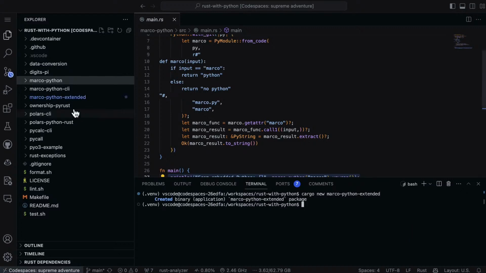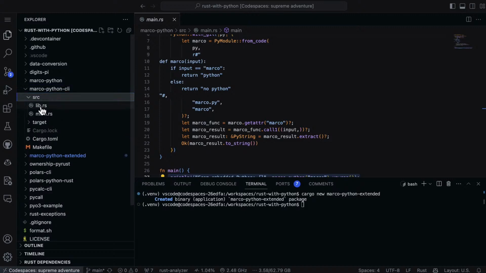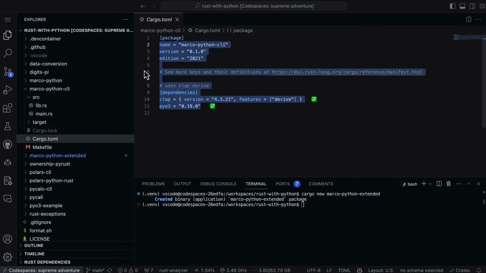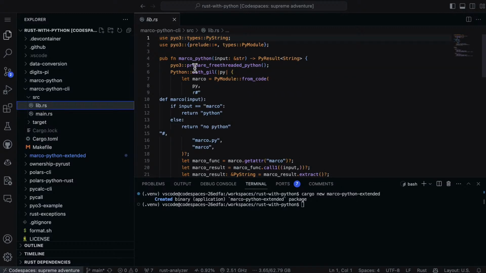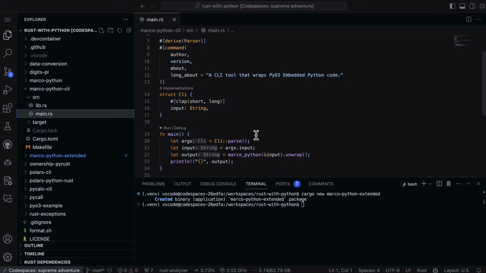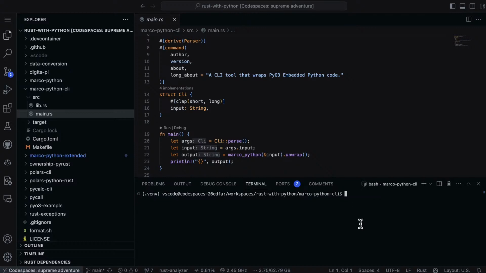Now we may even want to look at this. What did I do here? I used a command line tool, and what I was able to do was put that code into a library, and then even wrap the Python into a cool Python input here. So basically, this is even better in that we could even parameterize our code. So let me cd first into this Marco Polo CLI here, and if I just say cargo run -- help,